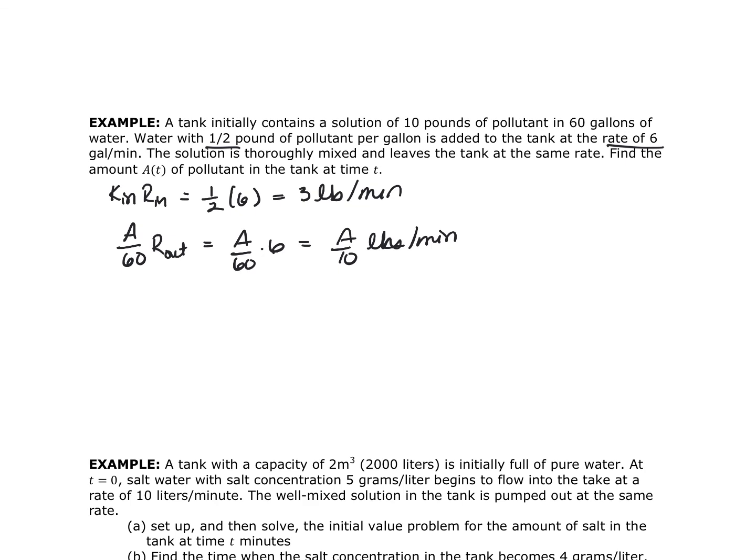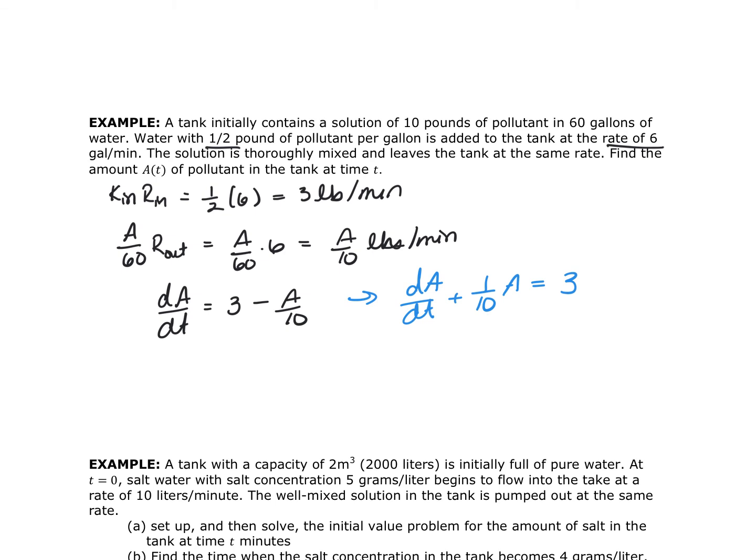Now my rate of change in the pollutant at any given time, dA/dt, is going to be equal to the 3, that is my K sub n, R sub n multiplied together, minus my A over 10. Now we can rewrite this differential equation as dA/dt plus 1/10 A is equal to 3. And you're like, why would I do that? Well,